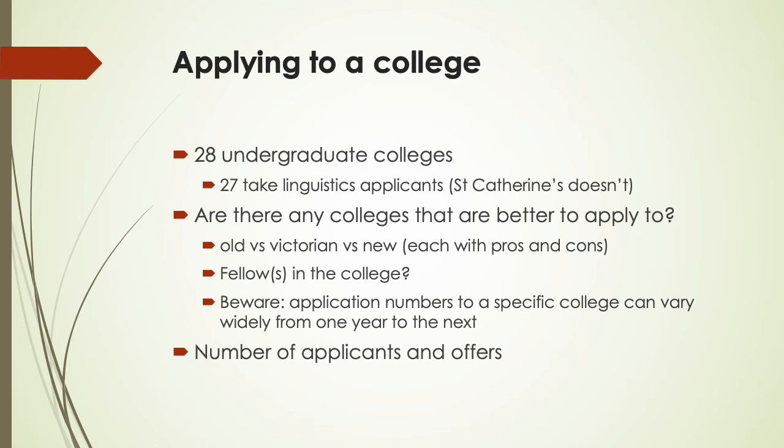There are 31 colleges in Cambridge. 28 of these admit undergraduates, and all but one of these accept applicants to study linguistics. As a general rule, there are no specific colleges that are better to apply to for linguistics. Some are older and more prestigious, but some may take fewer linguistic students or have less spiffy accommodation. Some may have more fellows in linguistics, but then not have the sports or music facilities that you're looking for,